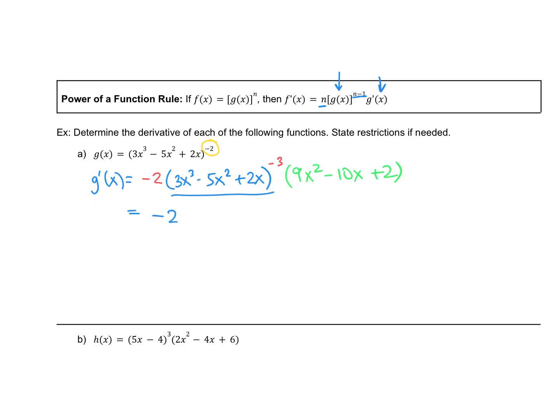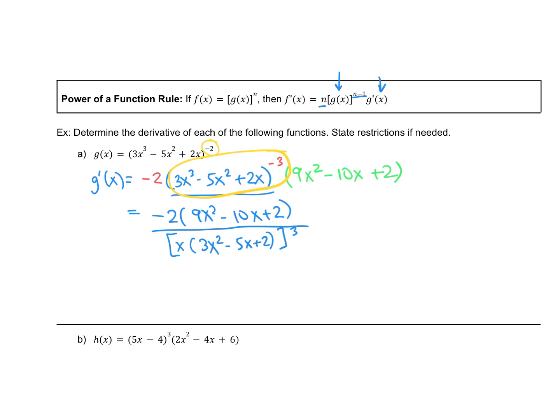So the -2 stays on top. The 9x squared minus 10x plus 2 stays on top. And then while I'm bringing this down into the denominator, I'm also just going to factor out an x. And that's all to the power of 3. And now because I want those restrictions, I'm going to factor the denominator further, that trinomial, and then I can